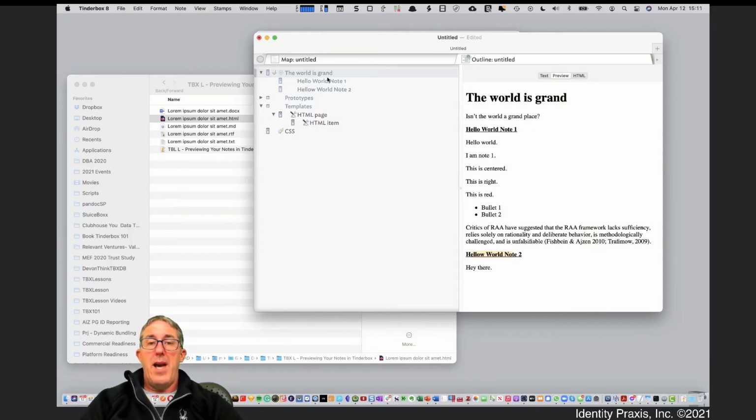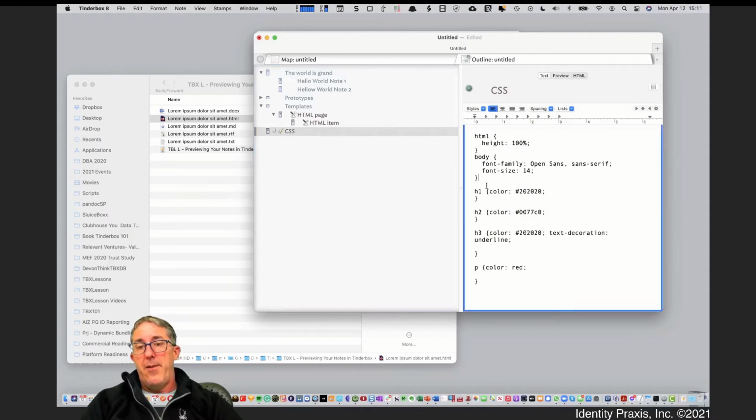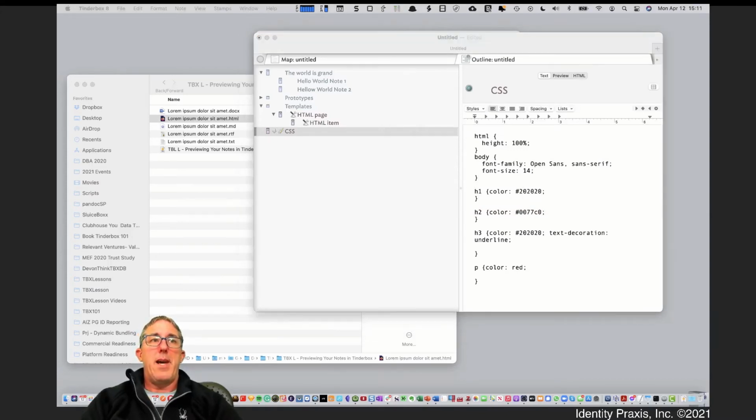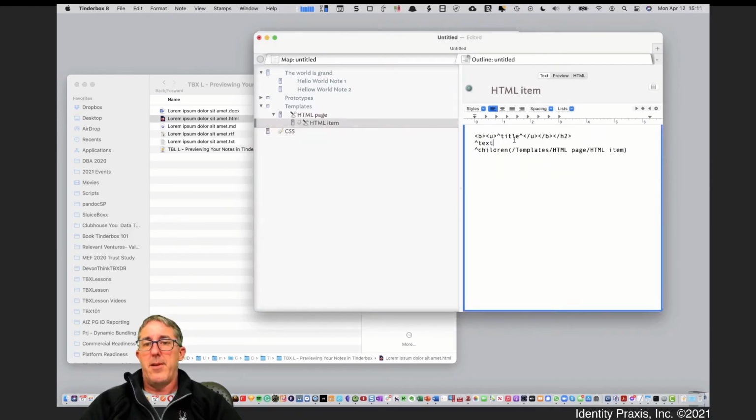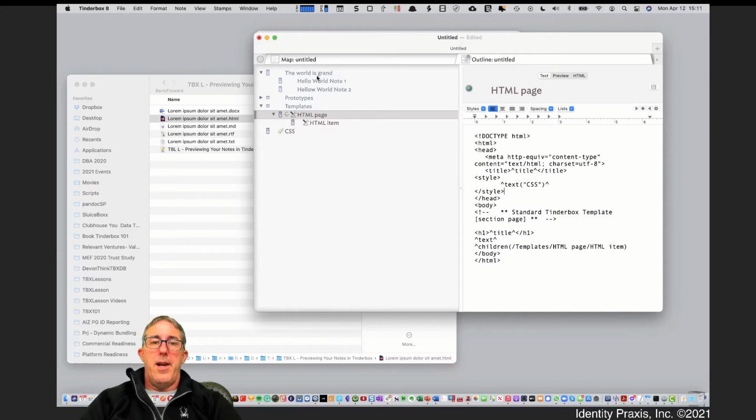Now, if we wanted to actually change the color, now remember this styling here. We said if H2 is in there, I want that to be a different color. This is a color of blue, and this is black, I'm sorry, and this is the color of blue. So let's go ahead back in here and copy back in that text. Let me go ahead, I got it over here. We're going to copy that styling text back into the HTML page so you can see what happens. All right, we're going to go to the parent, and we'll go here. And now when I look at it,